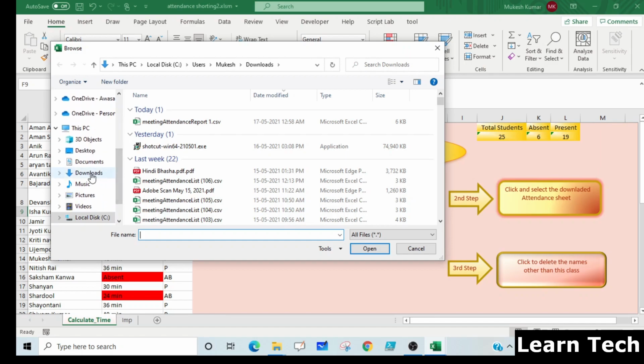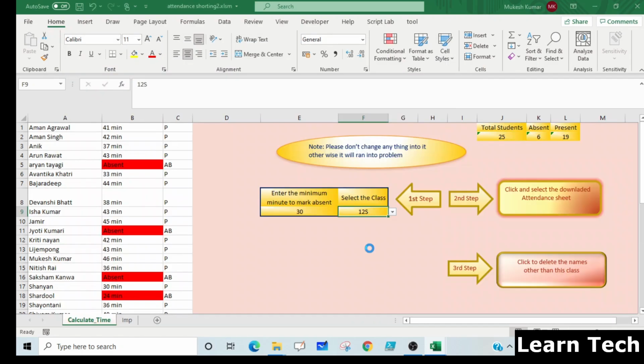This is the Downloads section. I know this is the attendance sheet of class 12 science. I will select this, and as soon as I click on it, in a matter of seconds all the timing will be sorted out here.